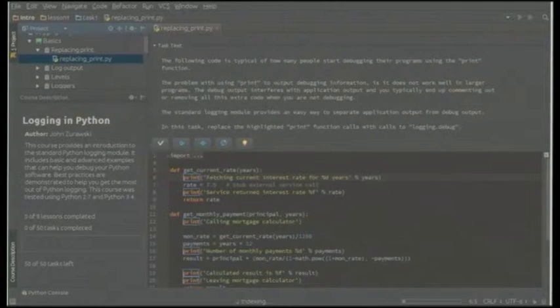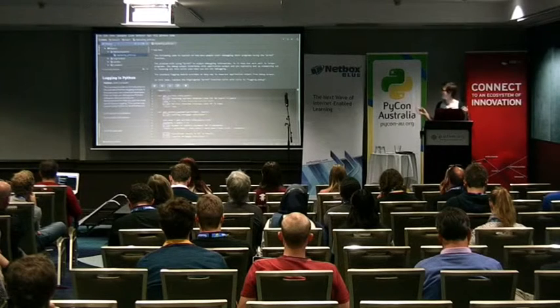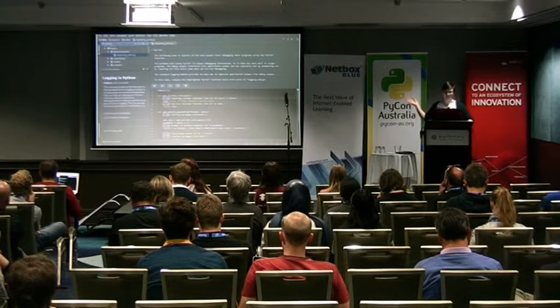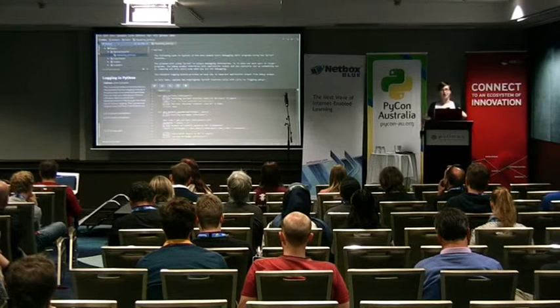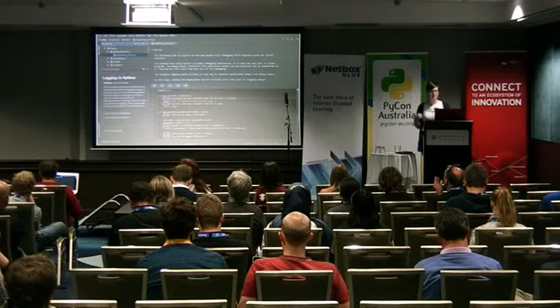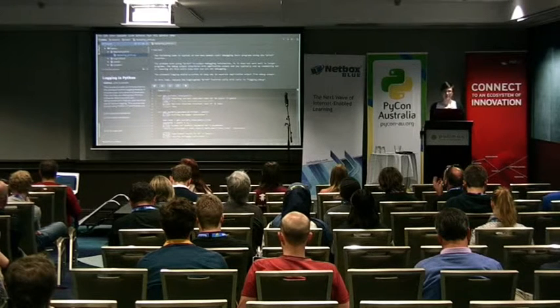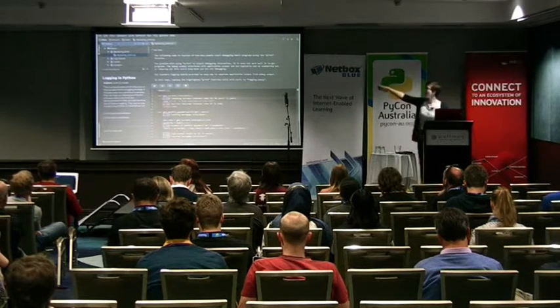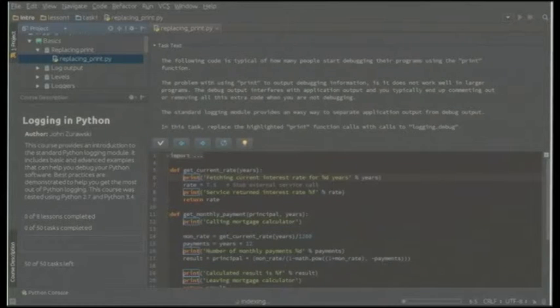So the top left, we have a list of all the lessons in this particular course and the tasks in each lesson. Below that's a description of the course and a progress bar. One of my main gripes with this software is it's a little squished, but you actually can hide most windows. So on the top right, we have the task text. This gives us information. What do we need to do to complete this particular task, any functions we might need to use. And note that by clicking that little arrow next to task text, it hides it.